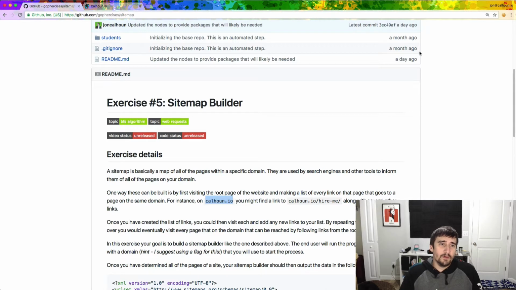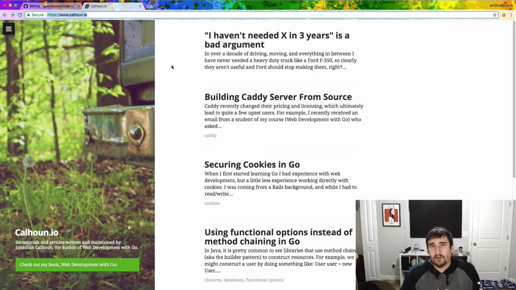In this exercise, we're going to be building a sitemap builder. The primary goal here is to build a program that will use the link parser that we created in the last exercise. It's going to use that to go to a website, get all the links on that website, and then follow all those links and try to figure out all the different pages that exist for a specific domain. So for example, if we were going to my blog, calhoun.io, you might start here and